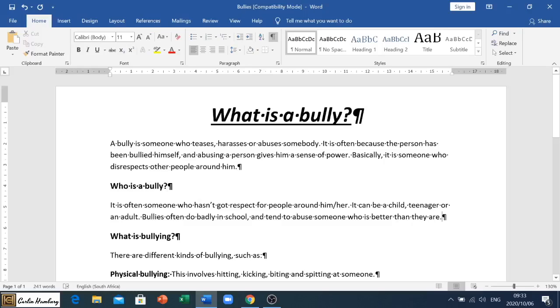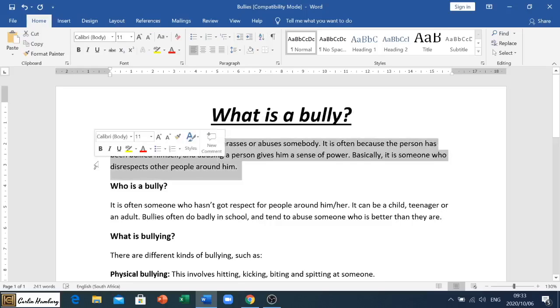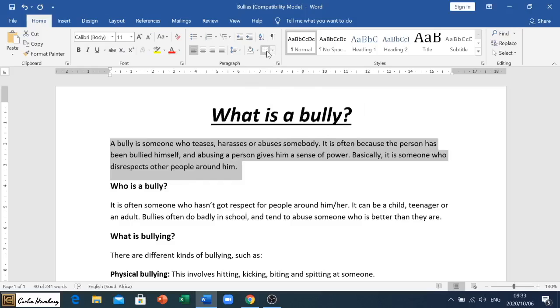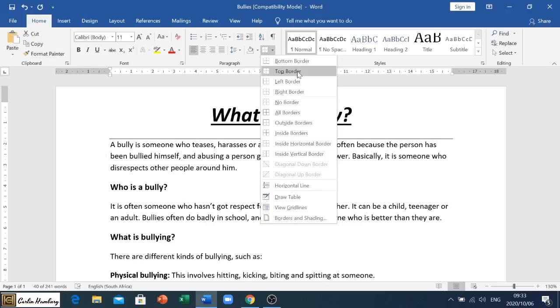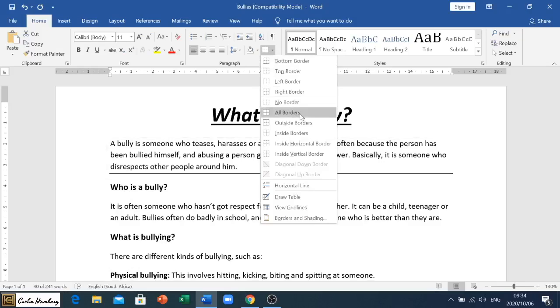Right, so to this paragraph, I want to shade the background and I want to apply a border only to the top and the bottom of this section. So in my paragraph section here again, you'll see this box here, and this is for borders. If I click on the little down arrow, you'll see I've got a number of different options. Look at what happens when I look at bottom border, top border, left border, right border, no border, all borders, anything like that. So you can use any one of these options, or you can go down to borders and